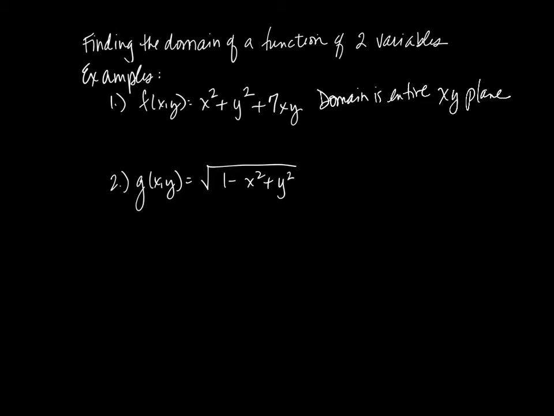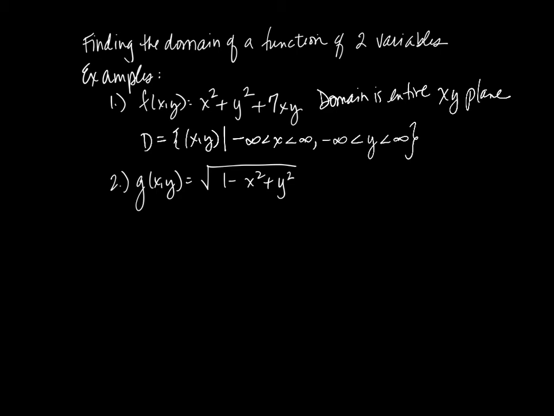Okay, we can plug in any x value you want. You can pick any point in the xy plane, any pair x and y, and plug it in, and you'll get an output. And so the way that we're going to write this is domain is equal to the set of all points x, y, set of all inputs, such that x is any number between minus infinity and infinity, and y is any number between negative infinity and infinity. Okay?